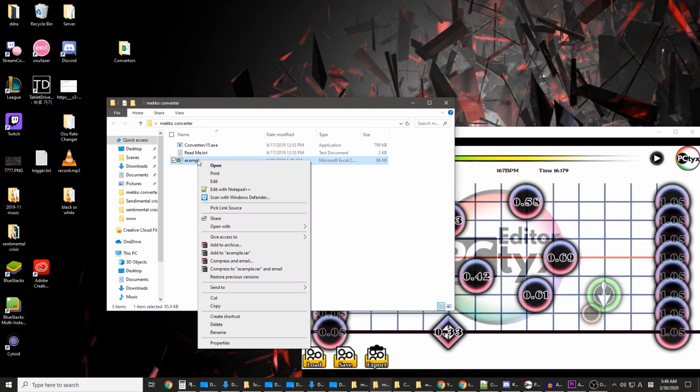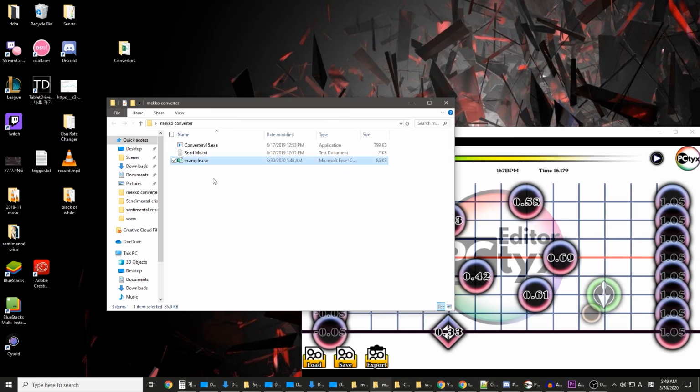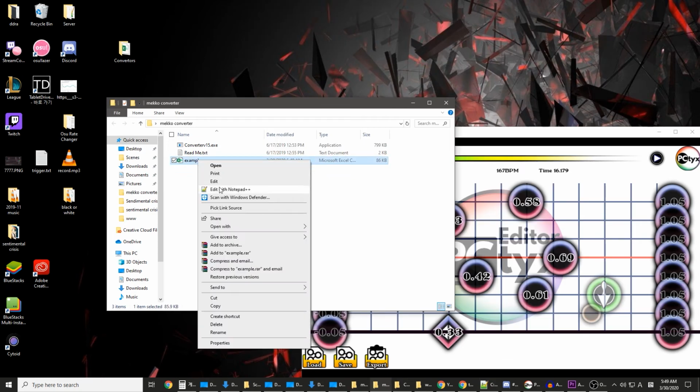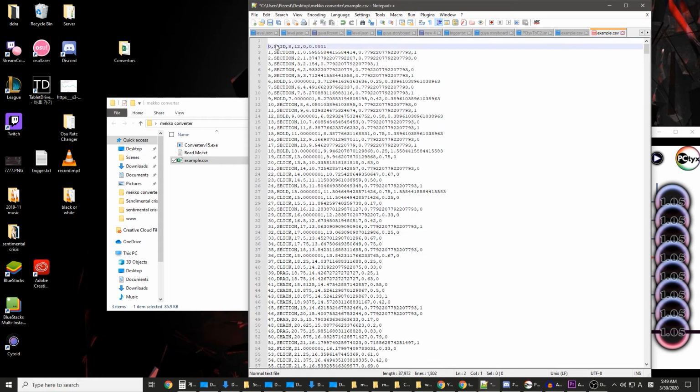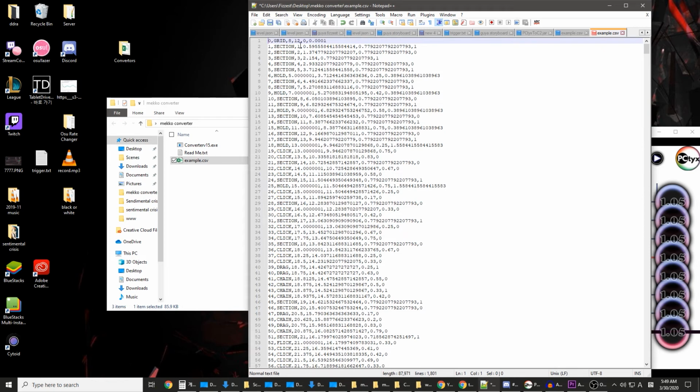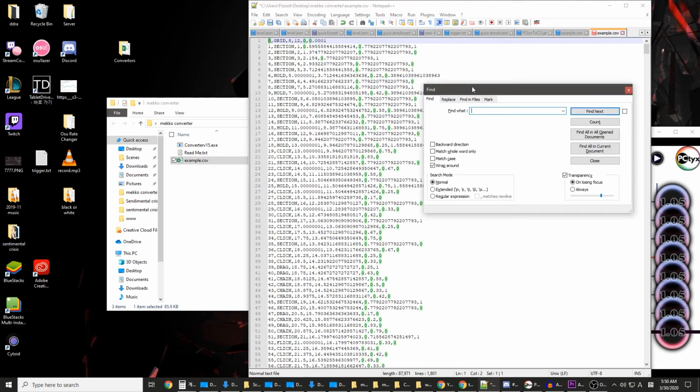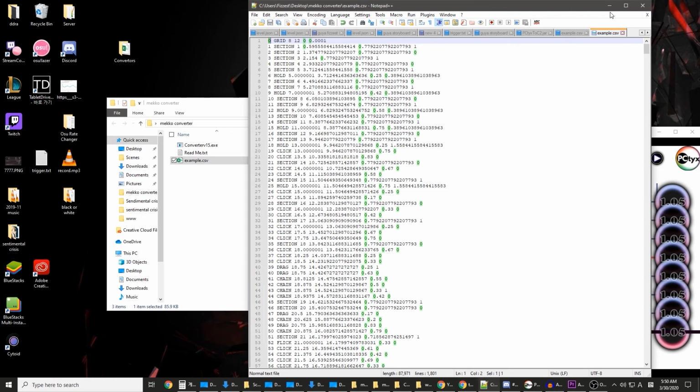Mecho's converter requires you to be a bit more involved than Lumi's converter. You want to start off by opening your .csv file with Notepad++. Then you want to delete the first two lines of the file as shown. Then press Ctrl F, and in the Find What box insert a comma. Press the Replace tab, and then in the Replace With box insert a space. Then press Replace All. Save the file like that and rename the file type to .txt instead of .csv, and